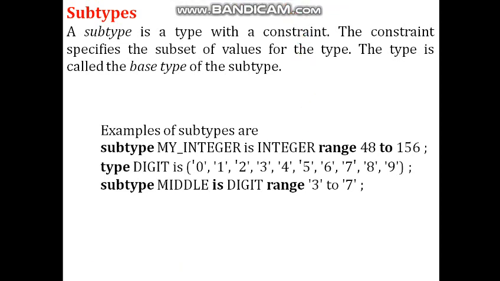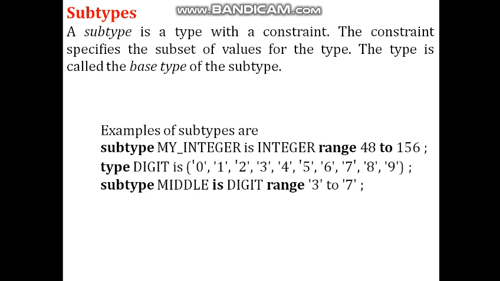Hello my dear students. In the last video we started data types, and in data types we classify data types and variables in two parts, predefined and user defined. Predefined means it is already defined in the program, and we have to use it directly, and user defined means we can define it by using certain functions. When we define a certain data type, that is called a restricted data type.